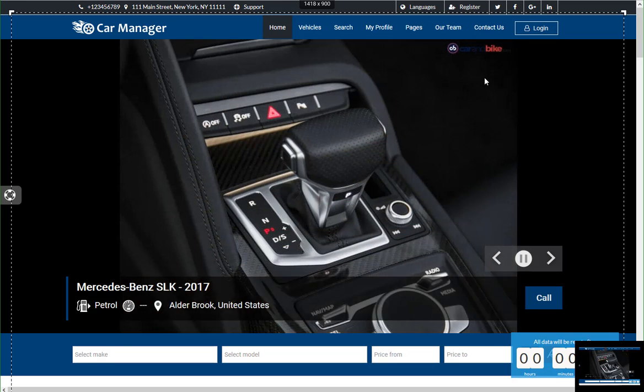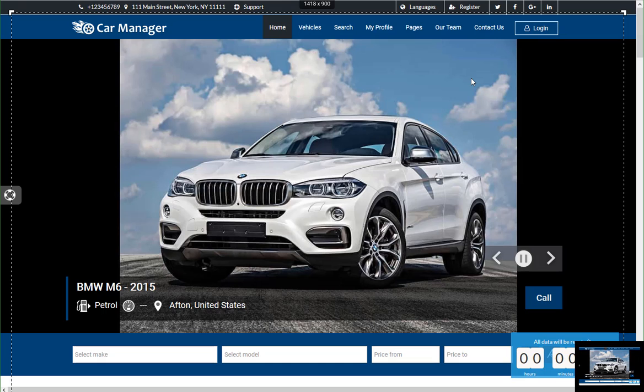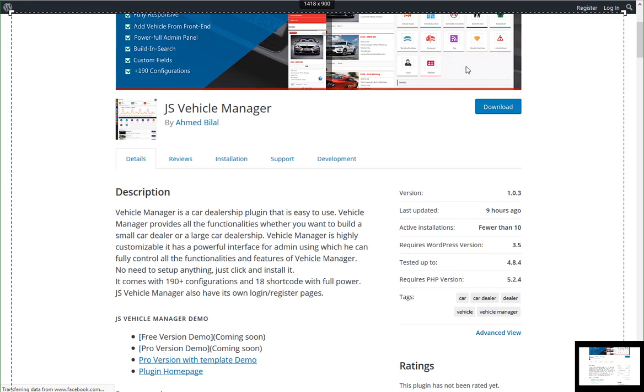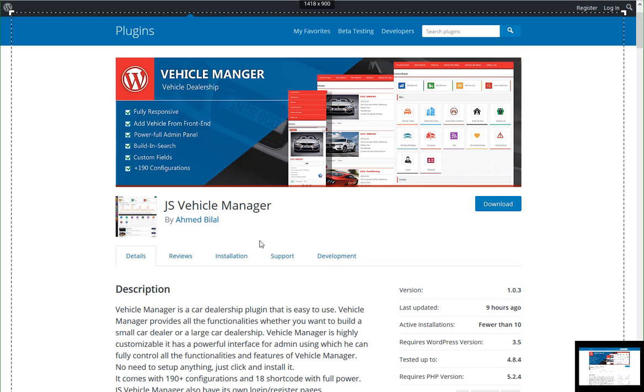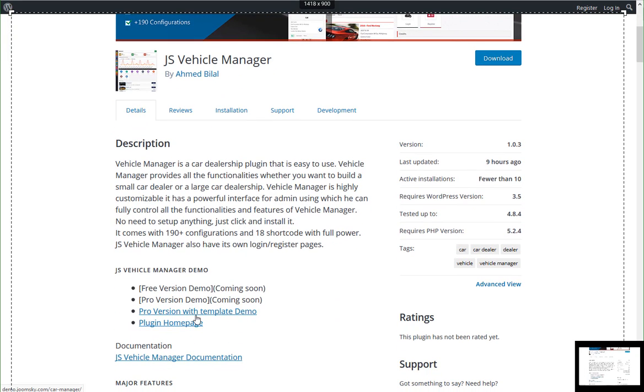If you're looking to build it out, I know a couple of small car lots here in town, and they do depend heavily on Craigslist and the other areas, and this would help them redirect people back to their website. Exactly. So here's what you can do. If you're not sure about this, and if the pro version is a little bit expensive, and maybe you don't want to get into it, I don't even know how much the pro version costs. I didn't really look, but